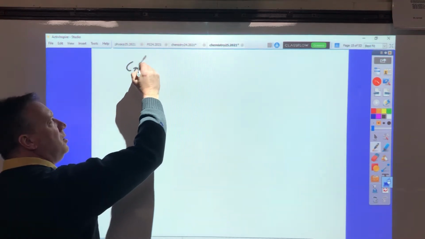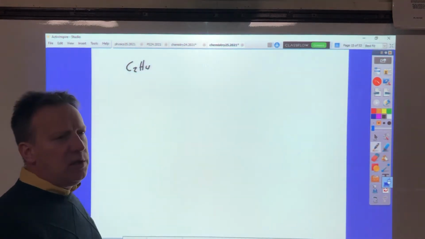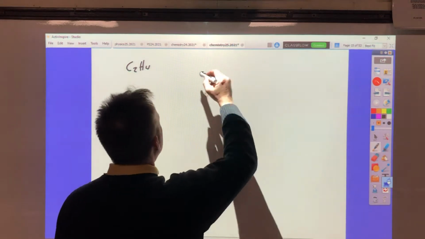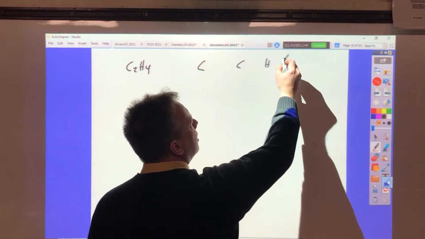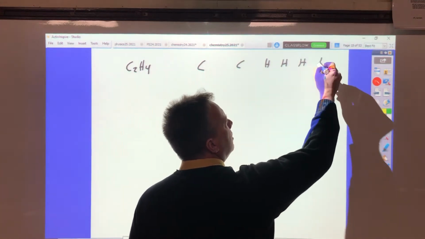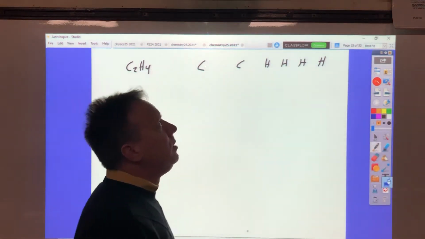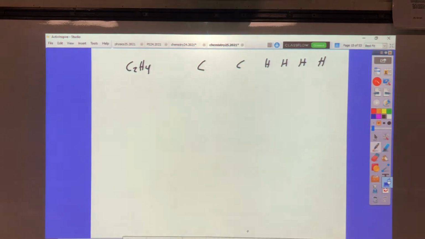So we got C2H4. The first thing you do is you write down all the atoms. You have a carbon, and a carbon, an H, and an H, and an H, and an H. In your periodic table,